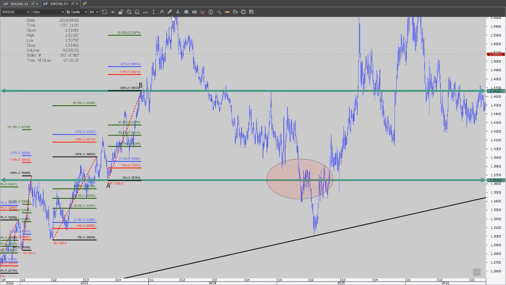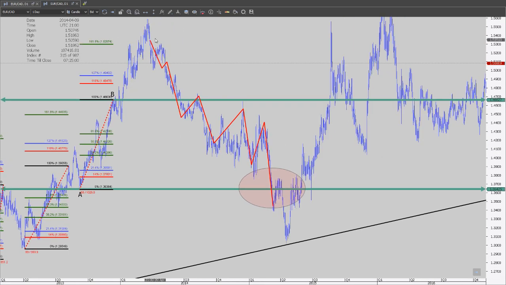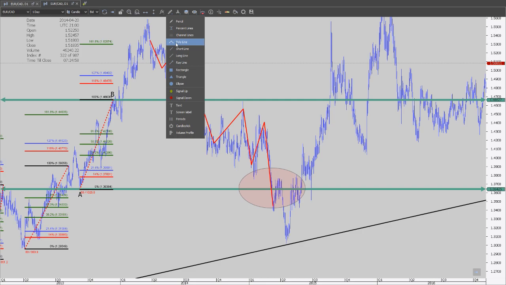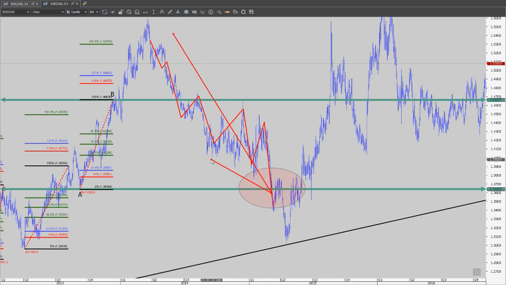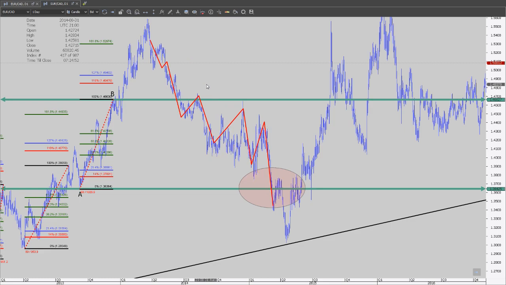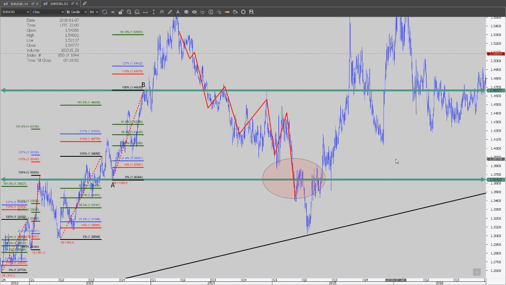In here the market reversed, started making lower lows, lower highs, lower lows, lower highs, lower lows, bam, broke our A. So our up Fibonacci is not valid anymore. Okay, now we are not going to waste any time drawing the down Fibonaccis. Okay, we are not going to do this because you can see on the right, because the market is in